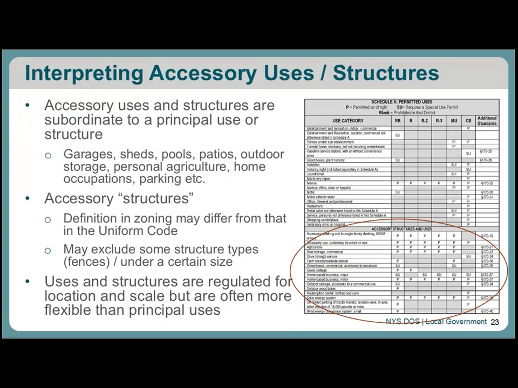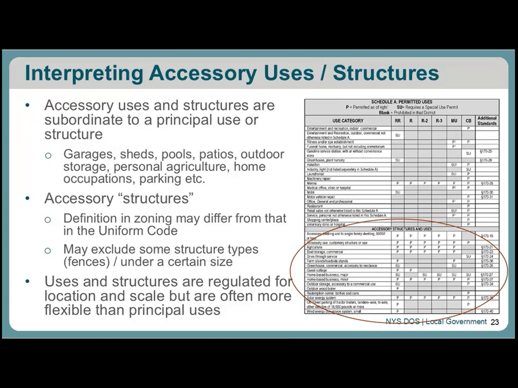Zoning typically covers things like where the accessory uses and structures can be located. They're often given leniency relative to principal uses, so usually they're allowed a little closer to the property lines in the rear and side yard. They're oftentimes not permitted in the front yard, in that front yard setback, so that's a common provision. But they are given some latitude, usually in terms of where else they are permitted within a property, but they might also be capped in terms of size or height, so you may have those provisions as well.